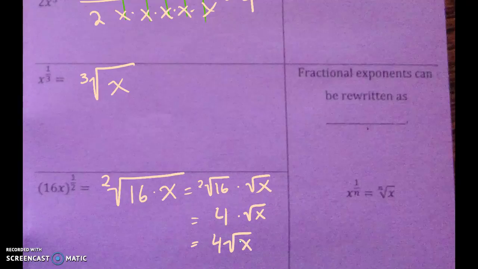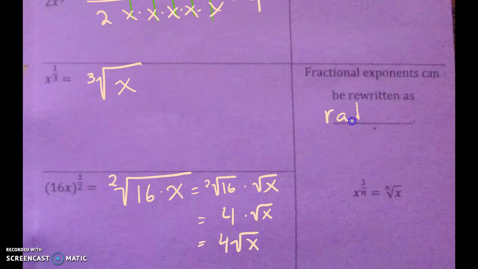Fractional exponents can be written as radicals, where this is the radical sign, and the number on the outside of the radical is telling you what root you're taking. So this is the cube root, this is the square root. We can do fourth roots, we can do fifth roots, we can do whatever roots that we want, right? So fractional exponents can be rewritten as